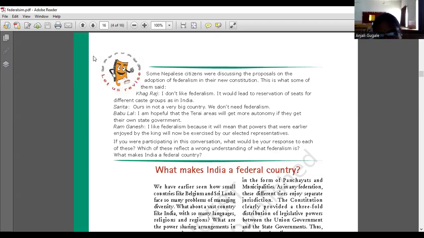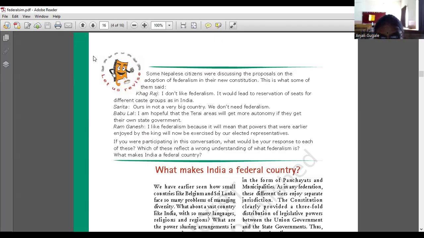India has been a federal country, though we are not declaring India as a federal country in our preamble. In our preamble, we define India as a sovereign, socialist, secular, democratic republic, but we don't mention the word federal. We don't need to mention federal because India, right from the ancient period, we have been following a federal system and a democratic system. Okay, we have learned this in the 9th grade also, how there are so many things we have taken from our own culture and past and from our people.